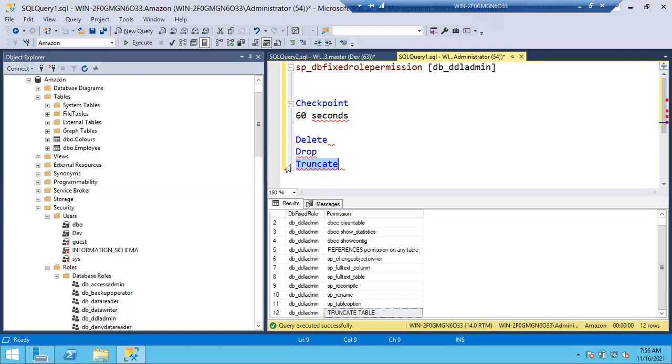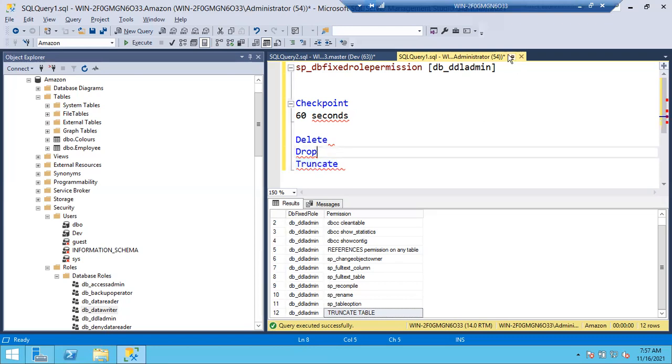If you have time, if you have an interest, just check what the queries are for delete, drop, and truncate. Drop table name is the query. Truncate table name is the query. Delete from table name, where you specify a condition, like where employee ID is equal to 10. Or delete from table name, and it is going to delete all the records. So that's DDL admin.